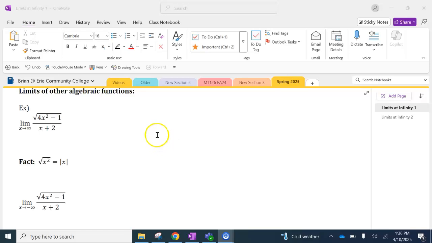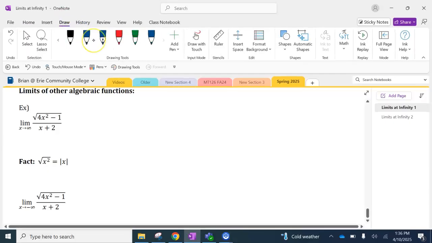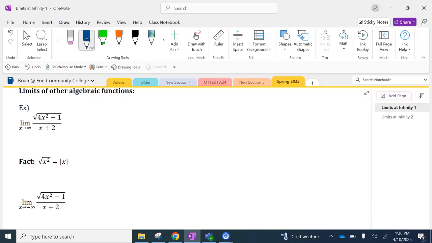Hi everyone, we're going to do another video, and this one's mostly going to be dealing with this example here, and it's another algebraic function. It's not a rational function because we don't have a polynomial on top, but we have something involving a square root of a polynomial on top, and we might guess that this might limit out or level out as x approaches infinity or negative infinity, because essentially what we're talking about here is, if we think about the square root